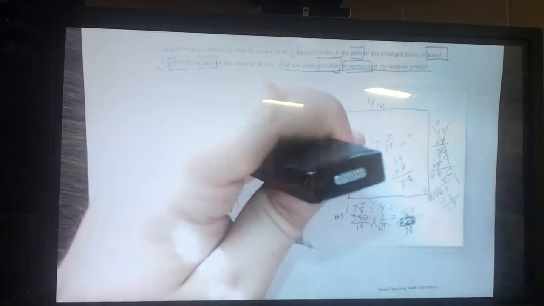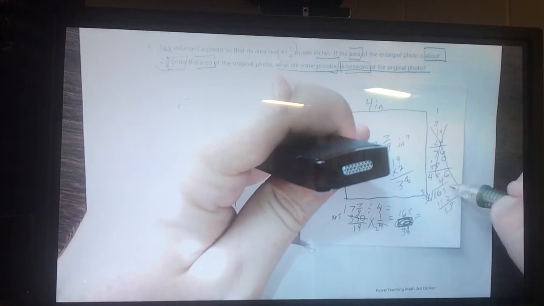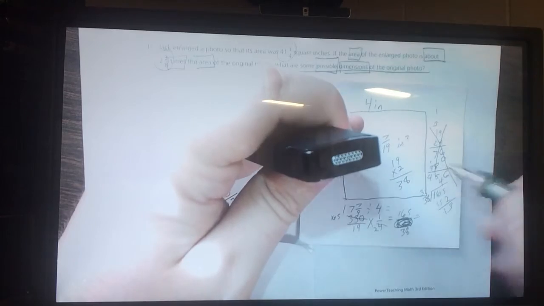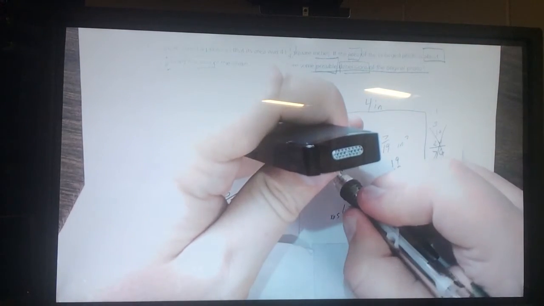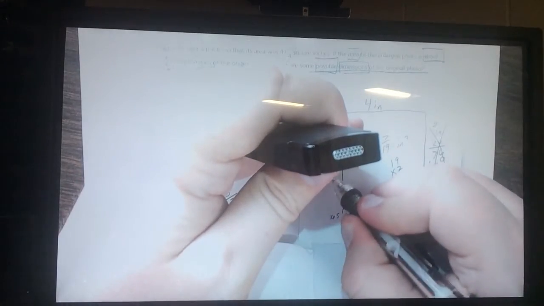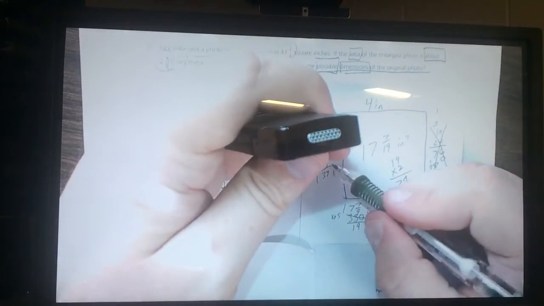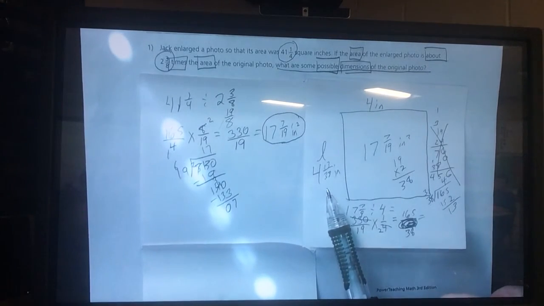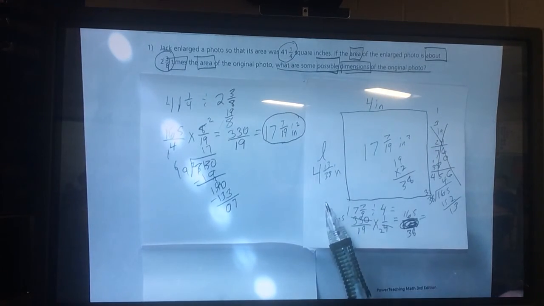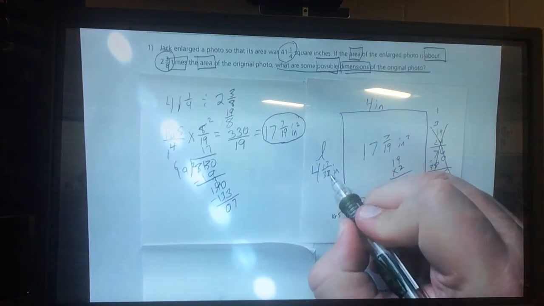So I can get 4 groups of 38, and then I'll have 13 38ths of another whole. So I could say that the length is 4 and 13 over 38 inches